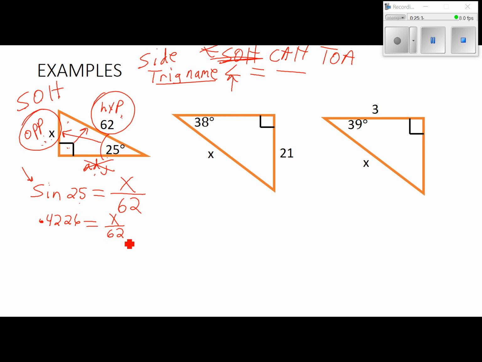Next thing we do, on this decimal side, we put a 1 underneath it. We make it into a proportion. Then we cross multiply. 1 times x is just x. This is one of the nice problems because we do one step and x is by itself. That's going to be our answer. We multiply this way, take your calculator and punch in 0.4226 times 62, and you end up with